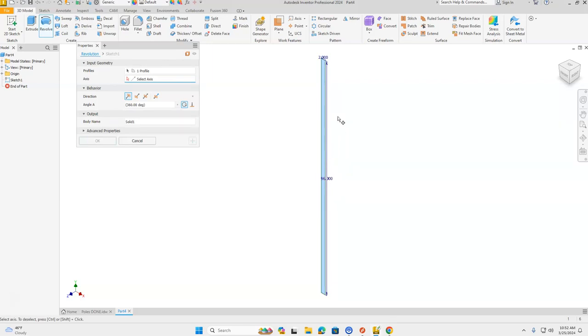It should automatically highlight and select your rectangle that you created. You can see that it's done because it's highlighted blue. If nothing is selected, you may have to click Profile and then click that shape that you drew. The next thing we need to do is select an axis to rotate around. So I'm going to click the next one where it says Select Axis, and I'm going to come over to